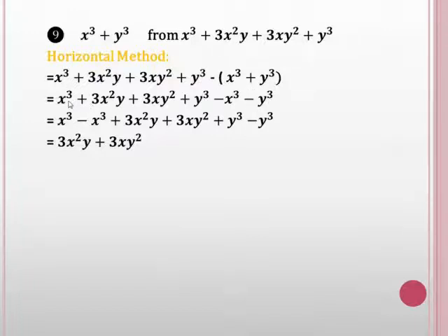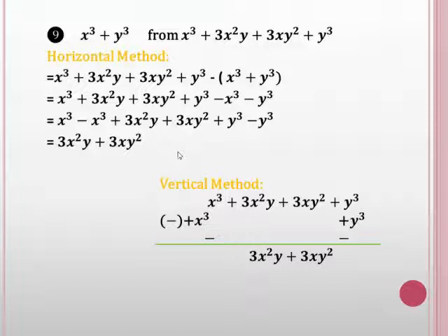Now we separate the like terms. We write x cube minus x cube, and the middle terms are the same as they are, plus 3x square y plus 3xy square, and plus y cube and minus y cube. Now as you see, both are like terms but having opposite signs, which means this one has the plus sign and this one has the minus sign, so they cancel with each other and their answer is 0. So we don't write 0 here, we directly write the remaining answer, which is 3x square y plus 3xy square. Similarly in this case, plus y cube and minus y cube cancel with each other, and so we get the answer 0 here.